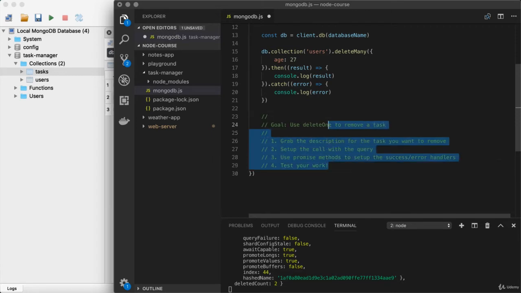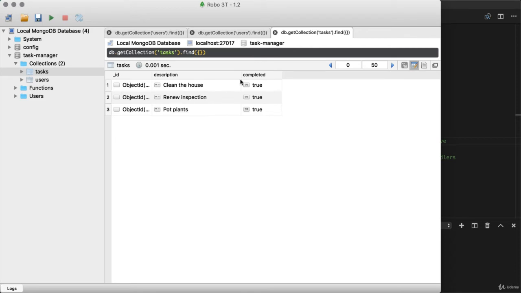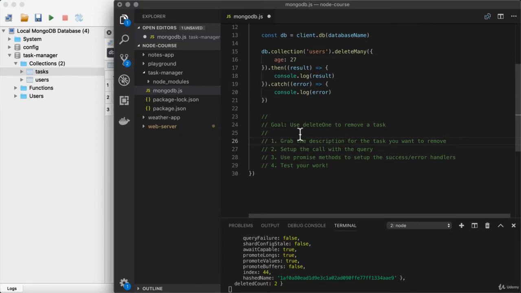Your goal is to use deleteOne to remove a single task. First up, you're going to grab the description for the task you want to remove. So over inside of Robo3T, you could remove any of your tasks by their description. So I have these 3 right here as options for me. Now, once you've picked the description, go ahead and copy that to the clipboard and set up your call down